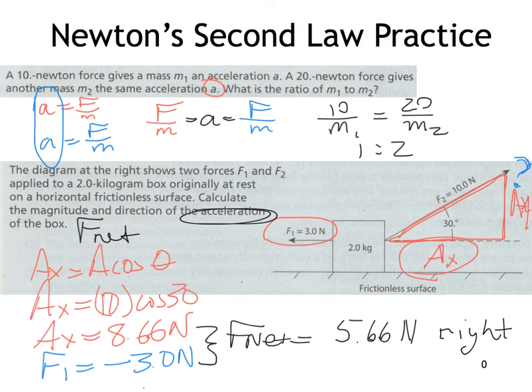And all I've done so far is to find the magnitude and direction of the force on the box. So in order to find an acceleration, I have one more step, and that is that a equals F net over m. The F net is 5.66 newtons, and the mass is 2. So that means that my overall acceleration is going to be,